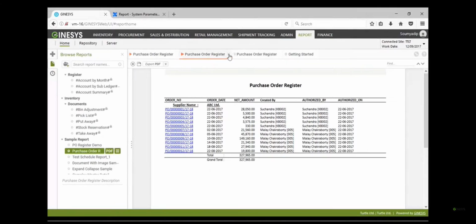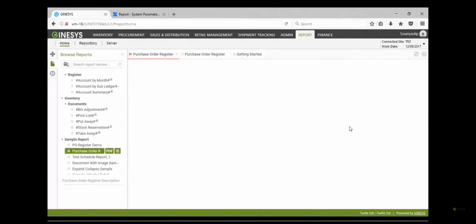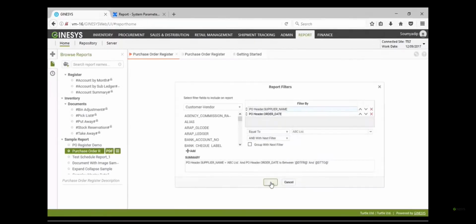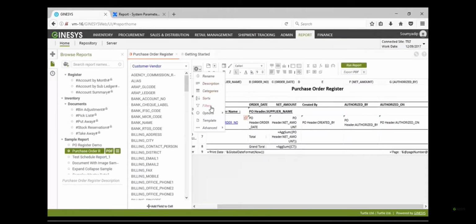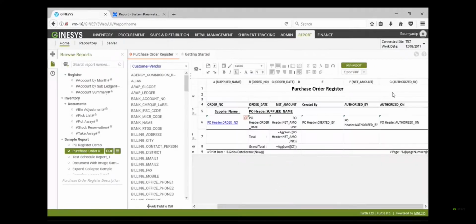Now, obviously, if the parameter is applied, and if I change the date from and date to in the parameter, then I don't want to show this order date as a filter. So for that, for order date, I will set prompt for values to false. Now, if I run this report, then date from, date to will come as a parameter.